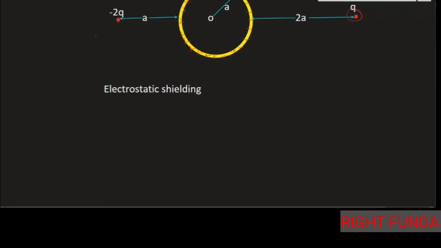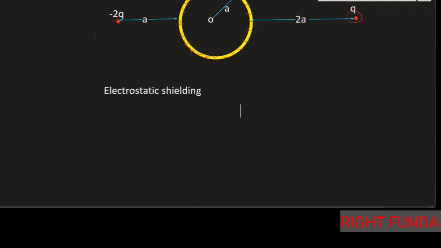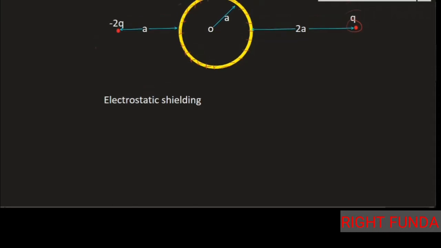So due to the electrostatic shielding, the outside charge field lines will not exist inside. So what will happen here? This is a conductor. The surface is a conducting surface. This has to be an equipotential surface. This whole thing has to be an equipotential surface.